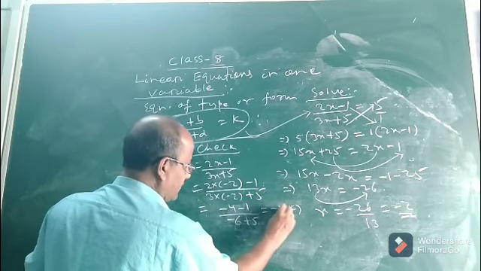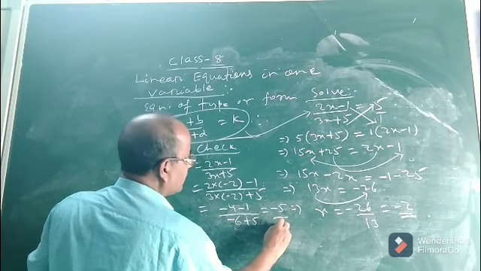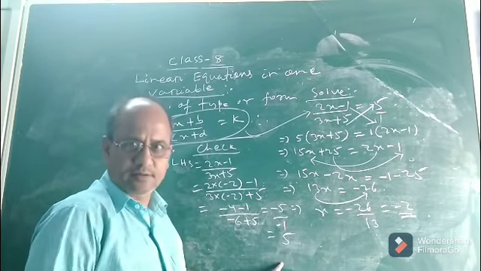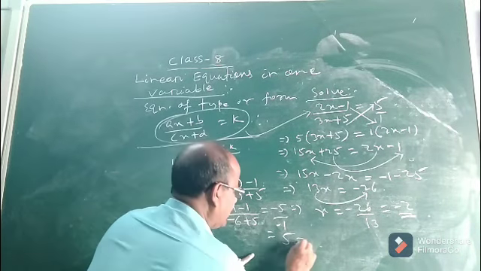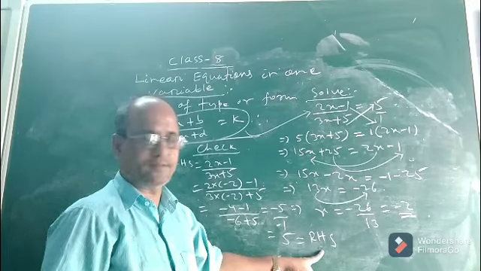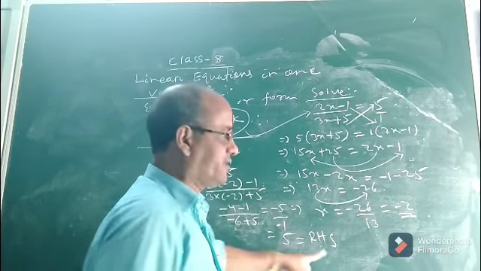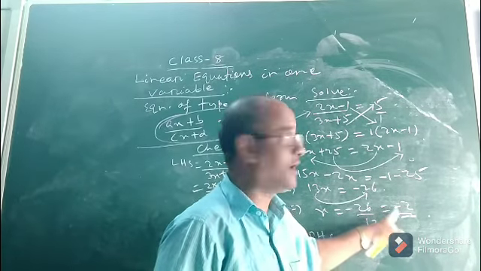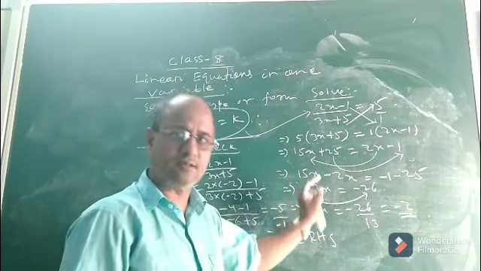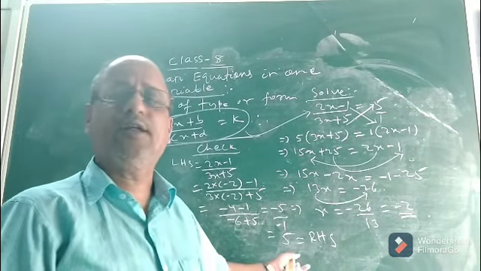It is minus 5 by minus 1, the minuses cancel, so it is 5. See, we got the right hand side. This is your right hand side. On solving LHS, we got the RHS by putting x equal to minus 2 in the left hand side of this equation. We found the RHS. So that means my solution is correct. Okay, so children,